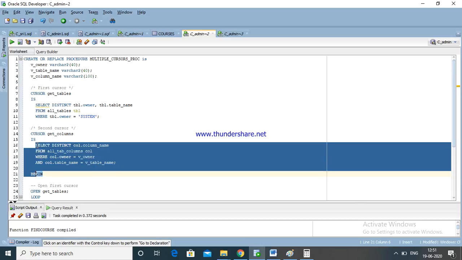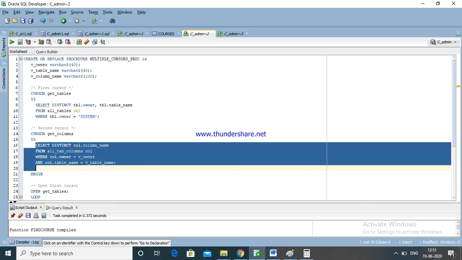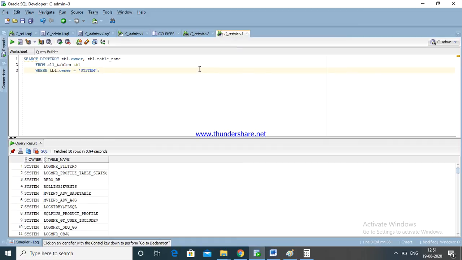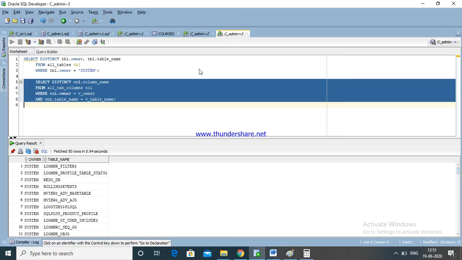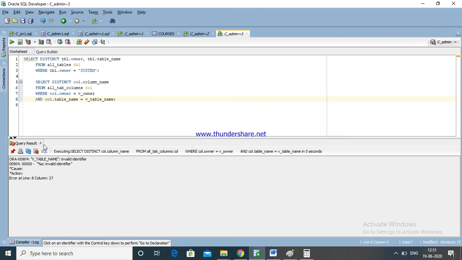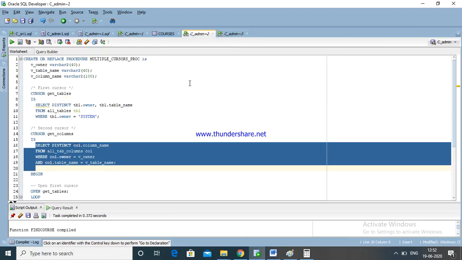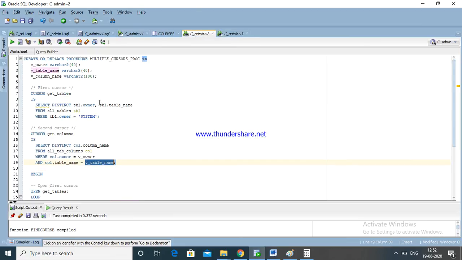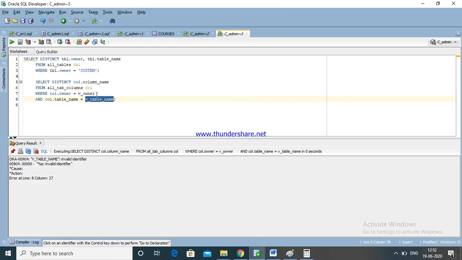Just going to copy, and here in another workspace we paste it and just go up, control enter. See here, these are v table name, not found. This cursor is v table name, and the data type is assigned here.